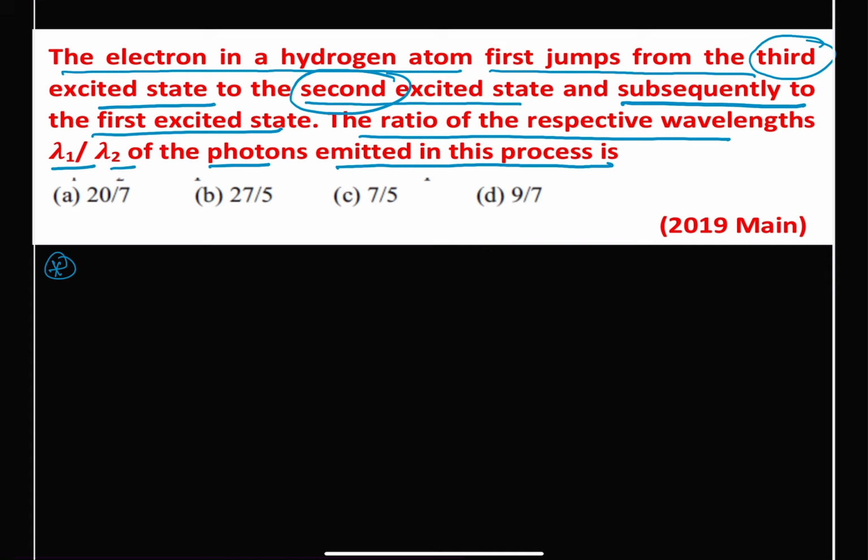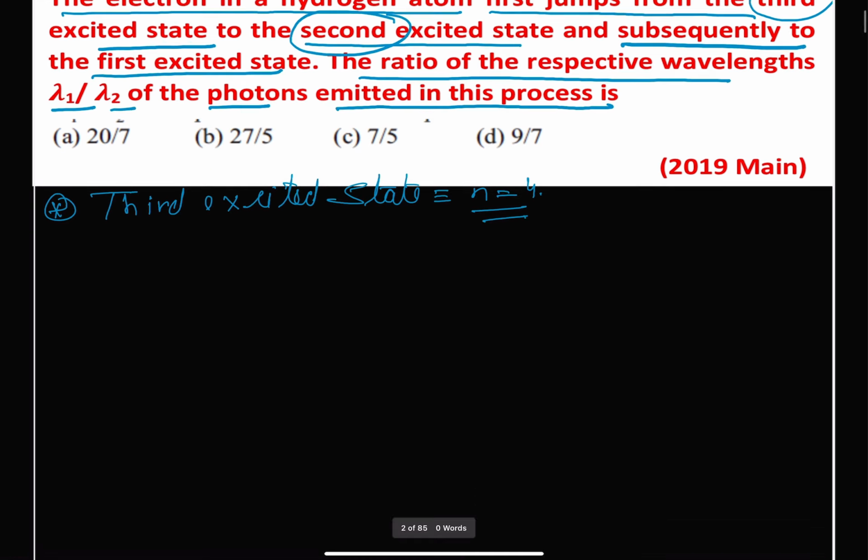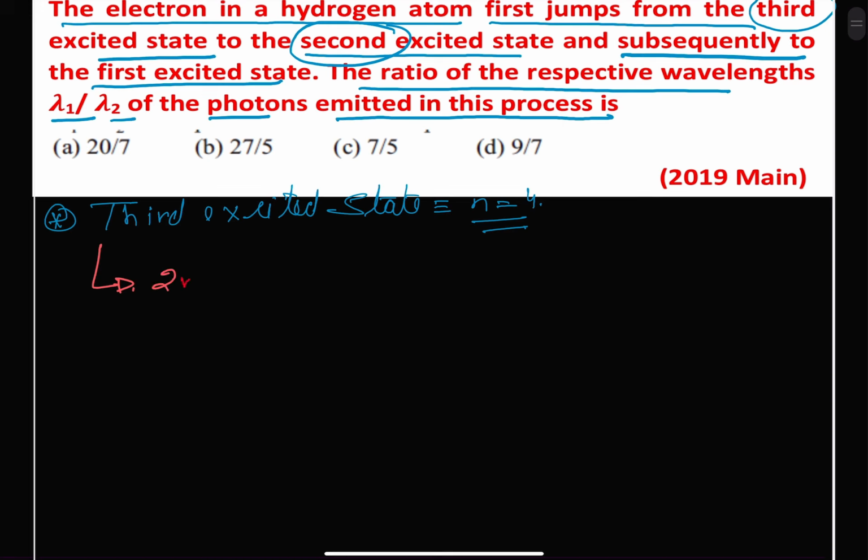So you can say we have third excited state, and this gives us that the value of n will be equal to 4, and it jumps to our second excited state, and second excited state giving us value of n is equal to 3, and under this process the wavelength is our λ1,